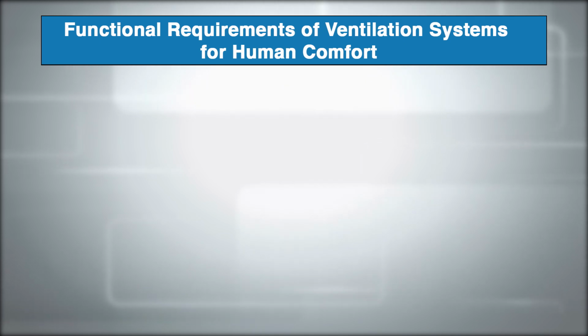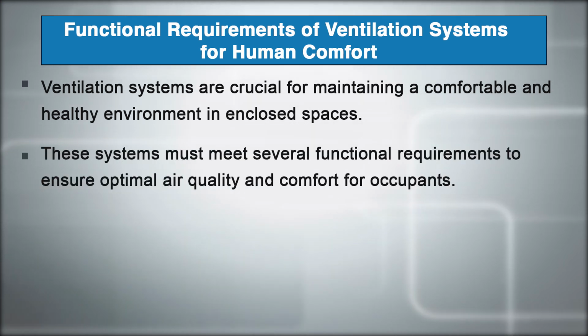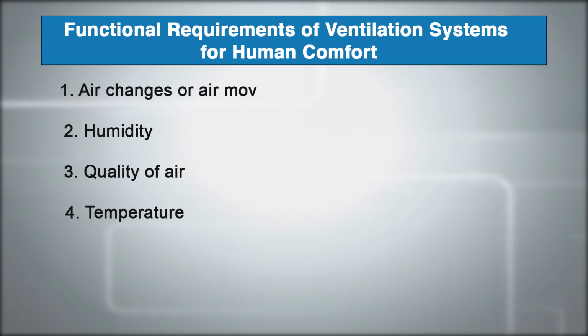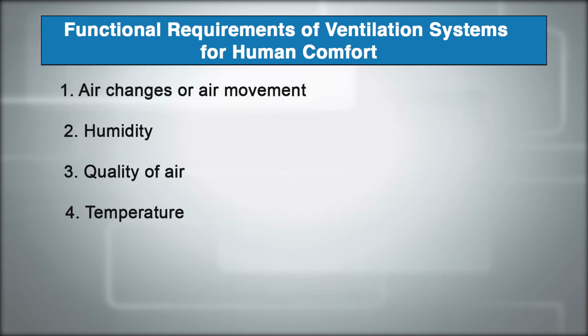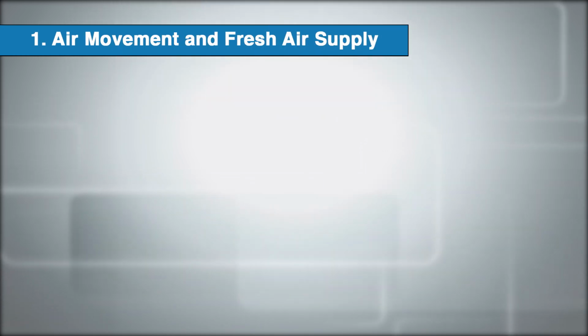Now, we will discuss some of the functional requirements of ventilation systems for human comfort. Basically, ventilation systems are crucial for maintaining a comfortable and healthy environment in enclosed spaces. These systems need to meet several functional requirements to ensure optimal air quality and comfort for occupants, which include air changes or air movement, secondly the humidity, thirdly the quality of air, and lastly the temperature. Now we will discuss these one by one. First one is